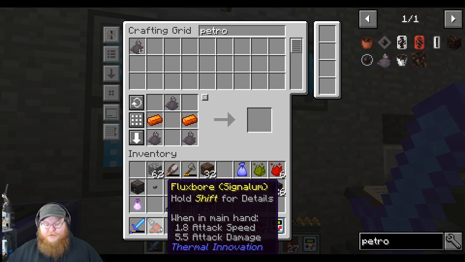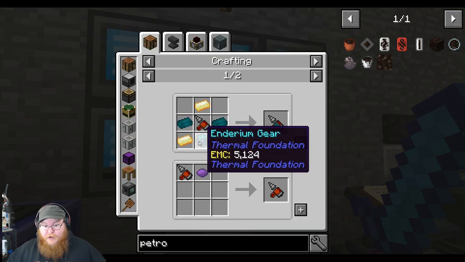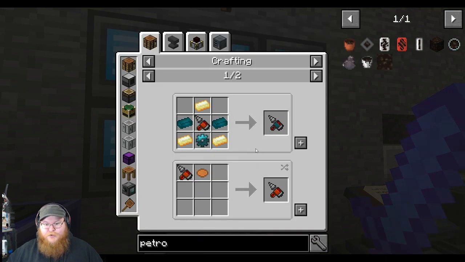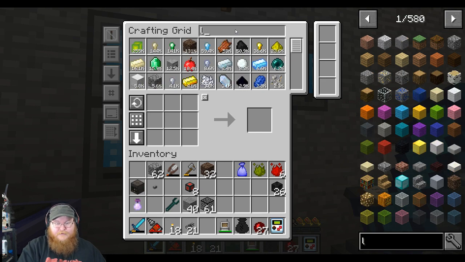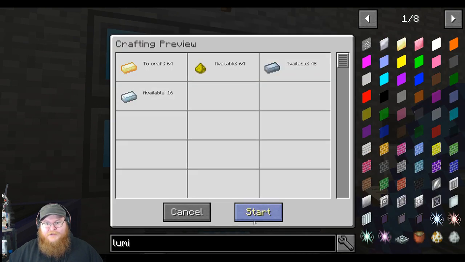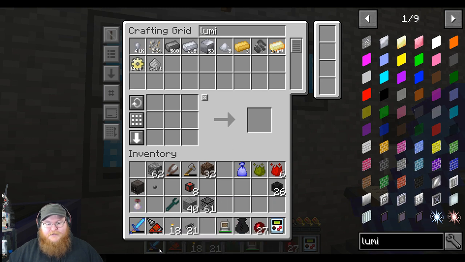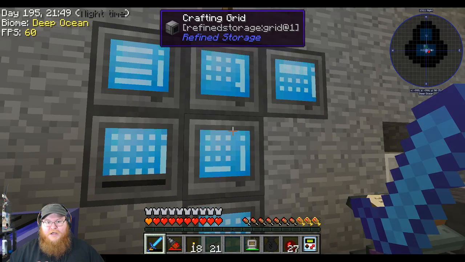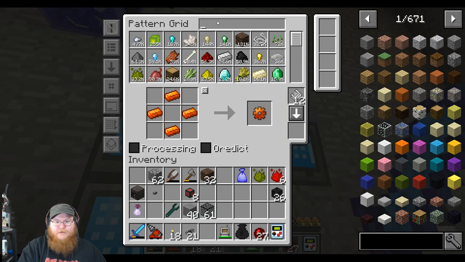Flux bore. Can we go all the way? We may be able to. We might actually be able to. We need some Lumium ingots, which we did teach this system how to craft previously. We need some Enderium ingots and an Enderium gear. I probably...